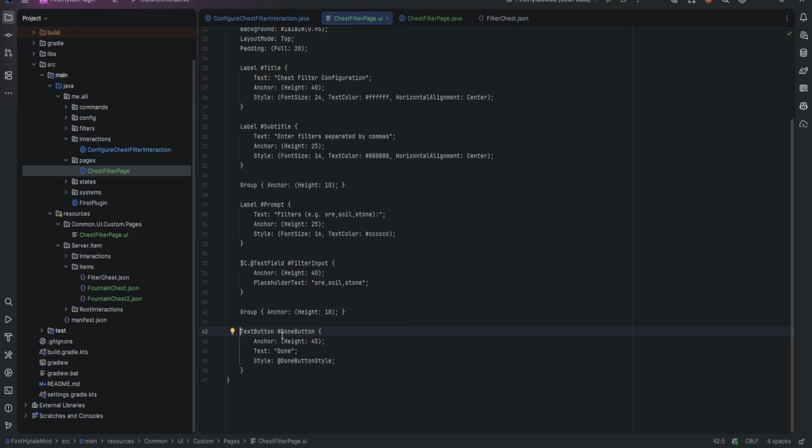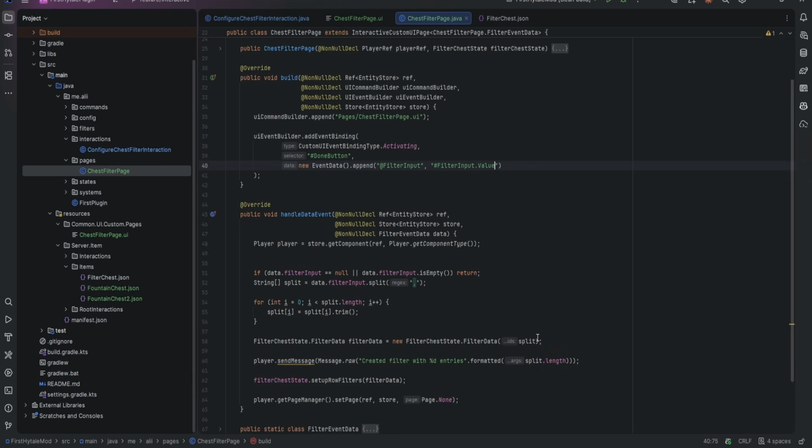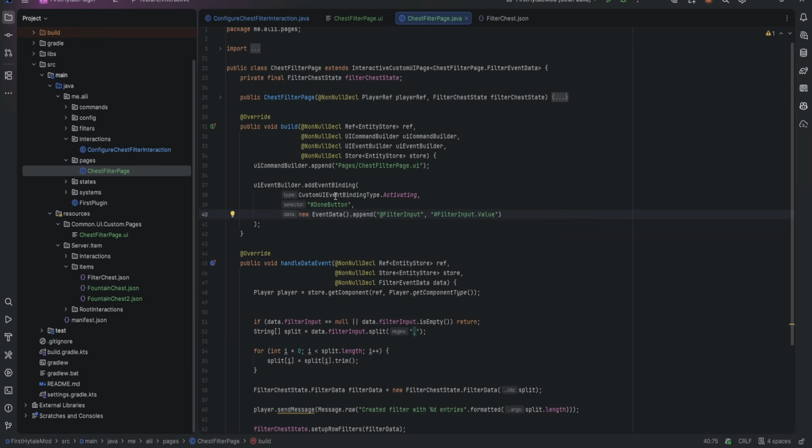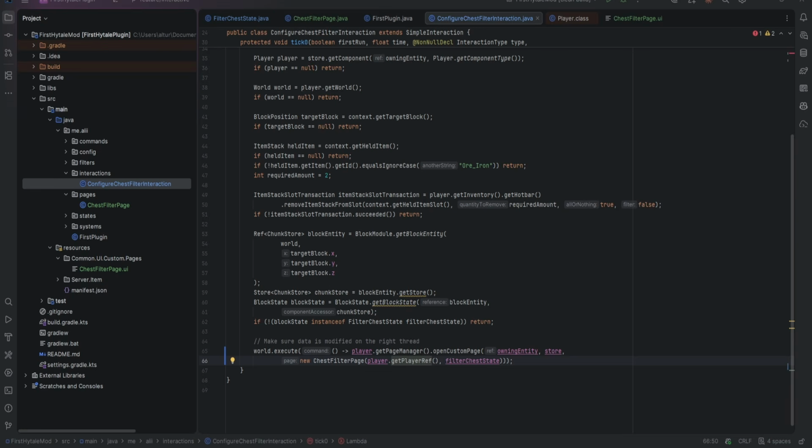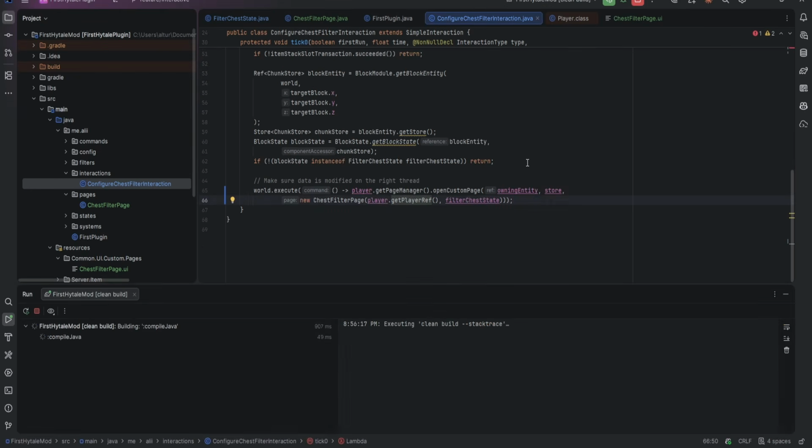Lastly, we created a text button with the hashtag done button ID. If we go back to our code, we can see this event binding is bound to this hashtag done button. So it's going to look for anything with the ID hashtag done button, and when that thing activates, so for example, when the button is pressed, it's going to trigger an event with this event data, and then we can handle it here in our listener. All right, and that's it. We've created all of our code, and all we need to do now is build our project